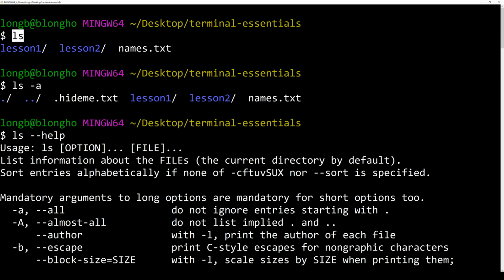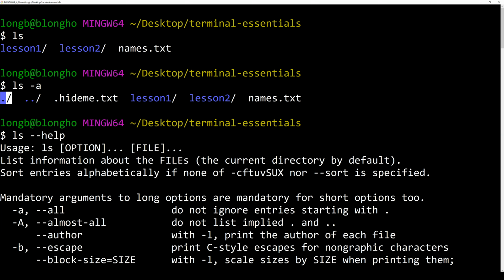Remember here, ls, we didn't have entries starting with dot. Here you can notice that we have ./ and ../. These are implicit directories. For each time you use ls and the -a option, you will have the ./ and ../. The ./ simply means current directory, and the ../ means parent directory.